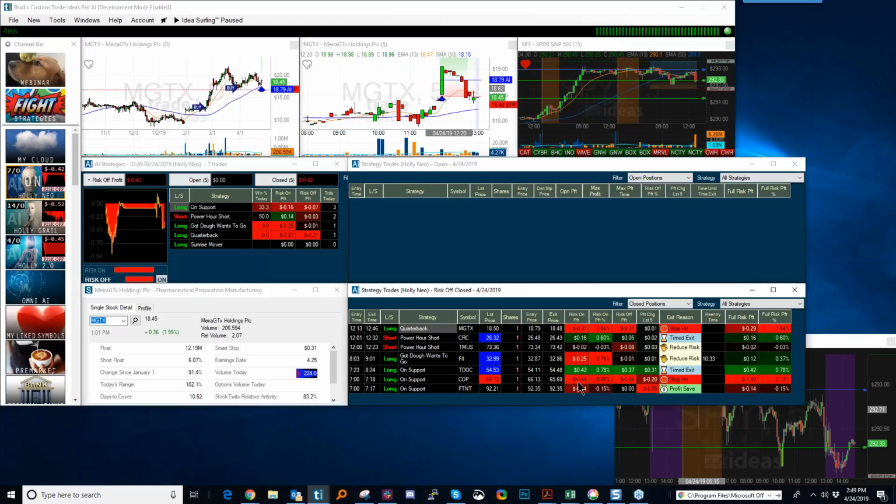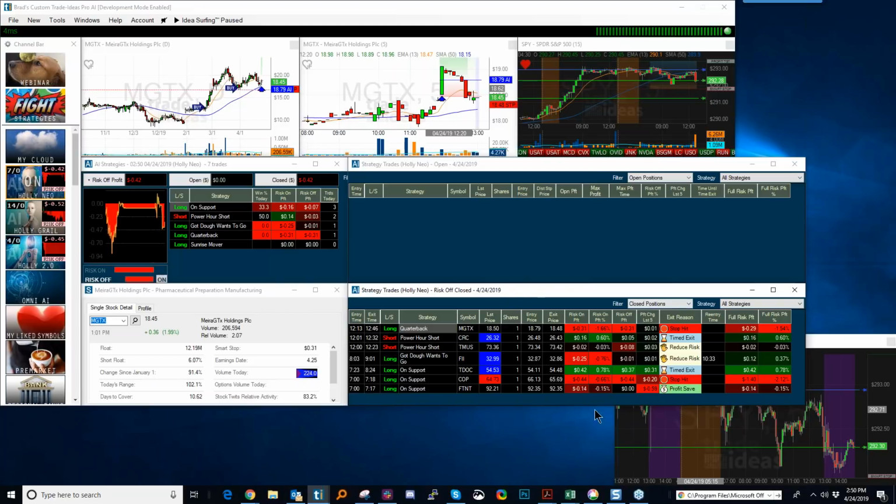So that way you can see, is there follow through to that, or should you be getting out in a more timely fashion? And then we have a new column that hasn't quite made its way to the software yet, which will be coming shortly, and that's our full risk profit. That's not looking at stops. It's not considering stops in any way, shape, or form. It's just saying, I get into this position now, and it's going to keep track of that P&L all the way to the end of the day, regardless whether it breaches through your stop or even your profit target. It's going to keep track of it with every tick.